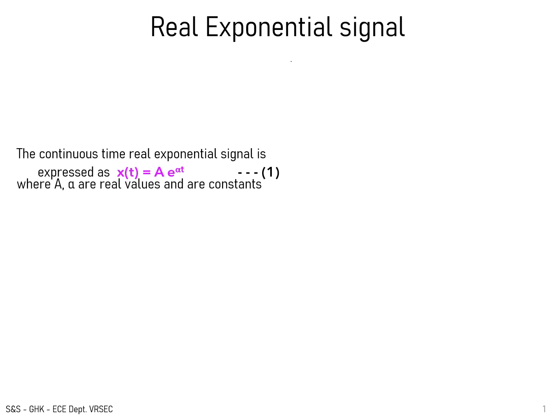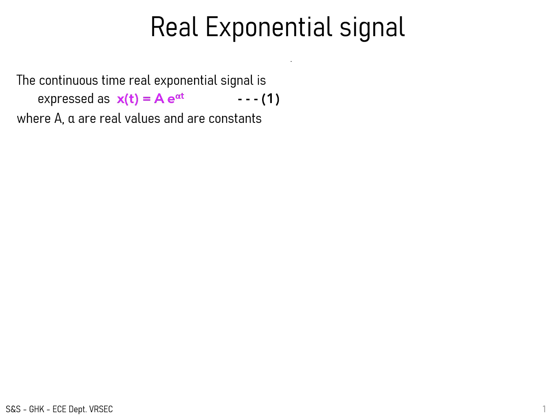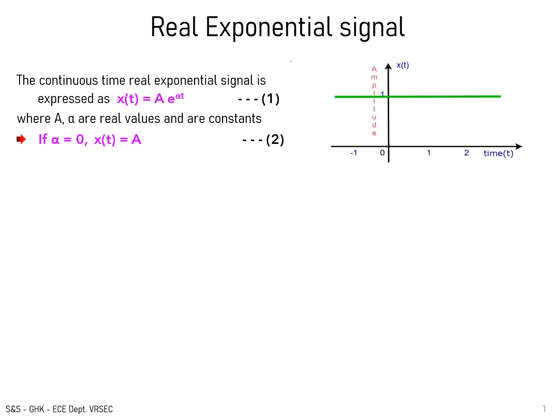Real exponential signals. A continuous time real exponential signal is expressed as x of t equal to A e power alpha t, where A and alpha are real values and are constants. Here in this equation, if alpha equal to 0, then the value of x of t is A. It represents the amplitude or value of the signal over the entire time axis is a constant and its value is